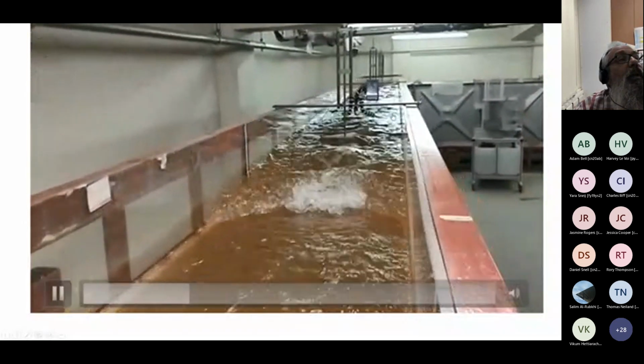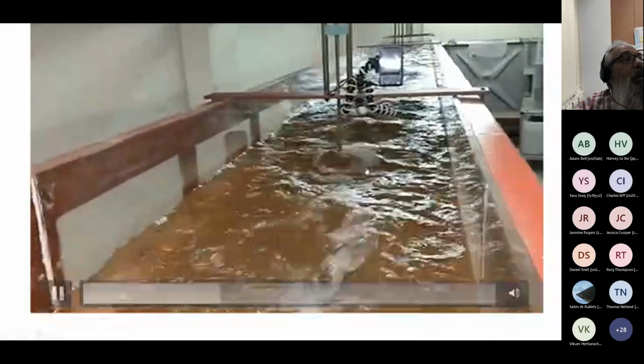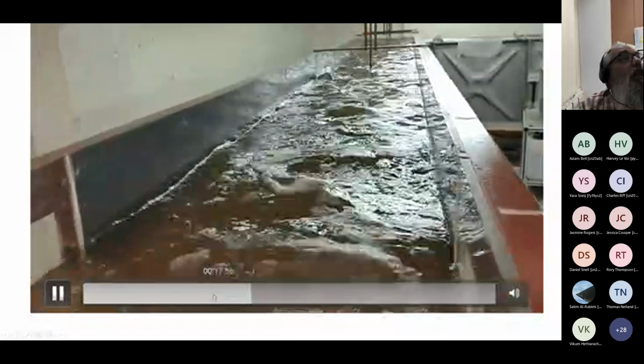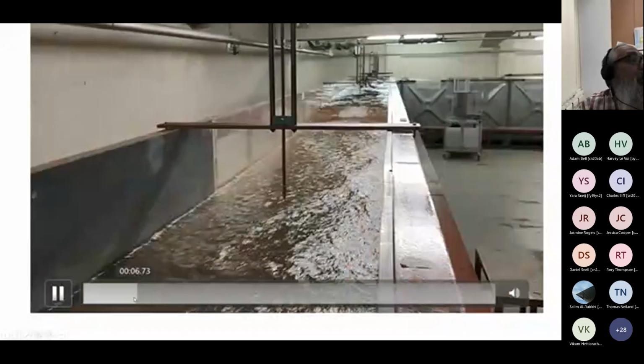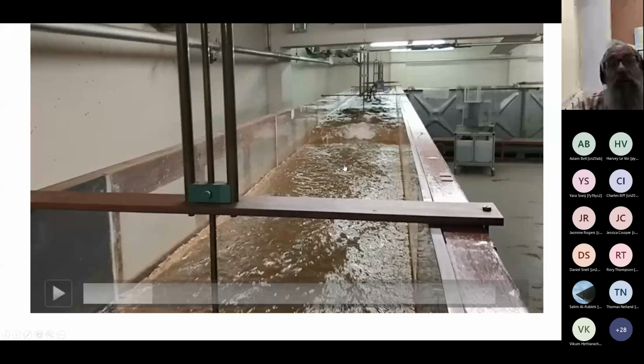It's deeper. It's actually deeper than what we could calculate as critical depth. If we went back a bit, just pause it there. We've got supercritical flow here and subcritical flow here and a hydraulic jump